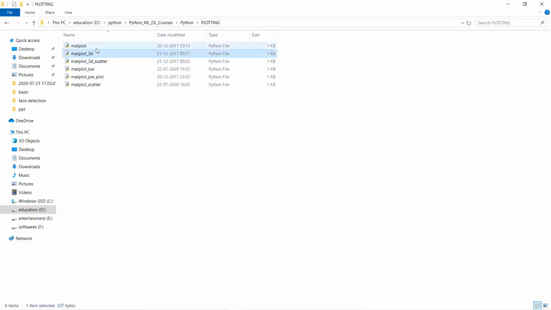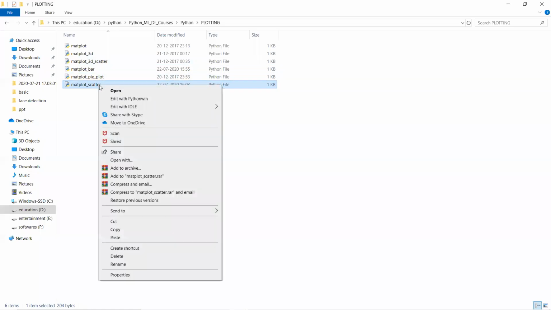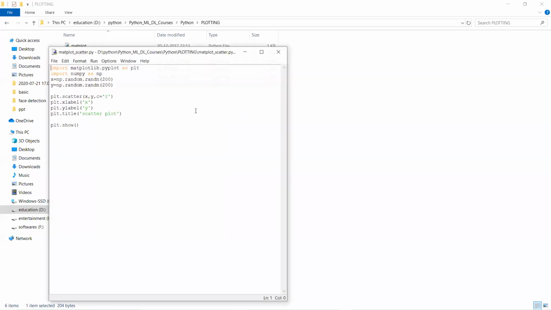so like this, by using the matplotlib library we can plot two-dimensional and three-dimensional, and these things we have with different keywords: scatter, bar graph and pie plot also. First I will show you the scatter. The same keyword we will use. Here, by using the numpy package, I am creating 200 random terms. It can take any 200 elements randomly. That is the x-axis, and for the y-axis also I am creating one random matrix with 200 elements.